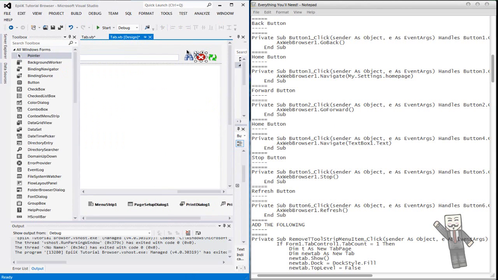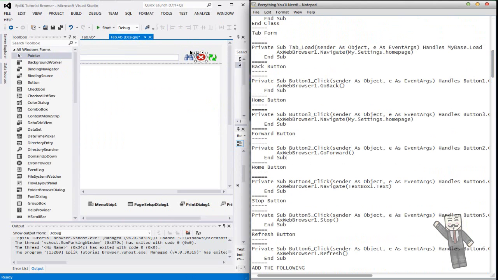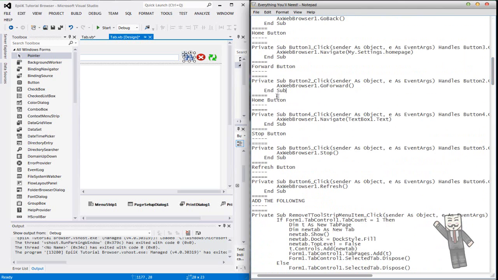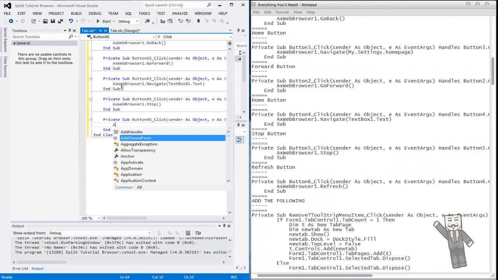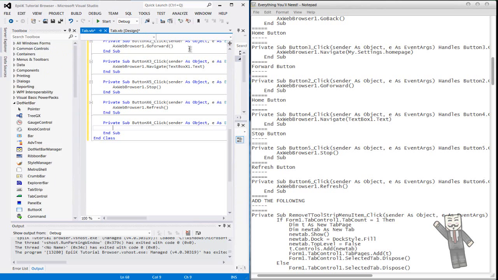Now the search button. Why isn't the search button in here? So back button, home button, forward button, private, okay, right, so home button, stop button, refresh button, wait, why isn't this one there? Where's the search button? Oh god, I didn't put in the search one. How is that possible? Right, anyway, no need to worry, we'll just do the refresh one quickly. AX web browser 1 dot refresh 1. There you go. So the search one is just AX web browser